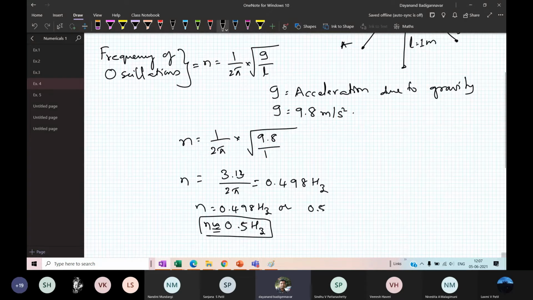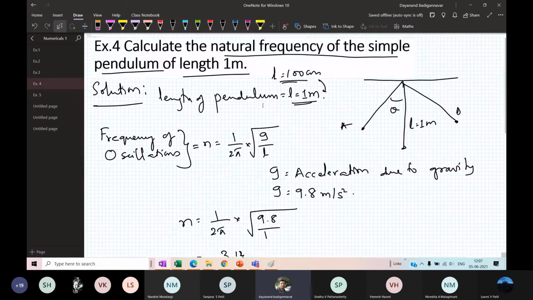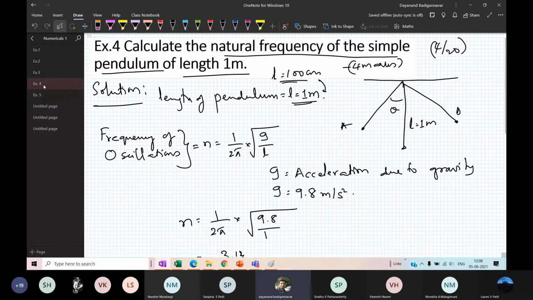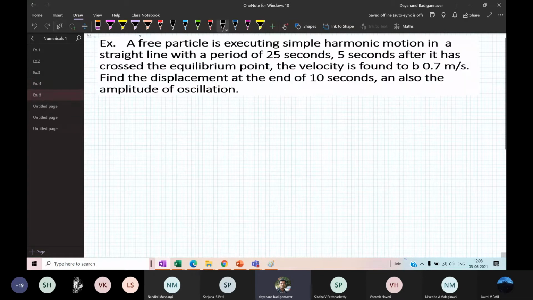Now go for the next one. These are the different ways you can solve the problem. This problem was asked in the earlier question paper for 4 marks. You get one question for 4 marks out of 20. Each module has one problem that is going to appear. Go for the next one. It is a bit clumsier, a lengthier problem. The fifth one is a bit lengthy and you have to apply your mind.